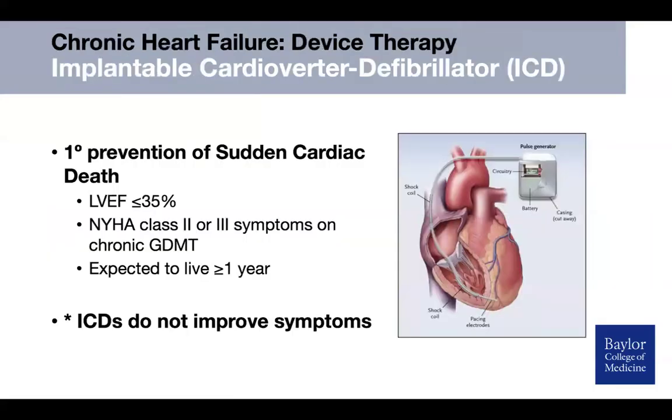We want to think about defibrillators in these patients. It's primary prevention of sudden cardiac death, where they haven't had any arrhythmias. These are patients that have EFs less than 35%, New York Heart Association class 2 or 3 symptoms on chronic GDMT, and expected to live greater than 1 year. ICDs do not improve symptoms. They're there as an airbag for the heart. So if it crashes, it'll shock you when you go into VT or pace you out of it, which the